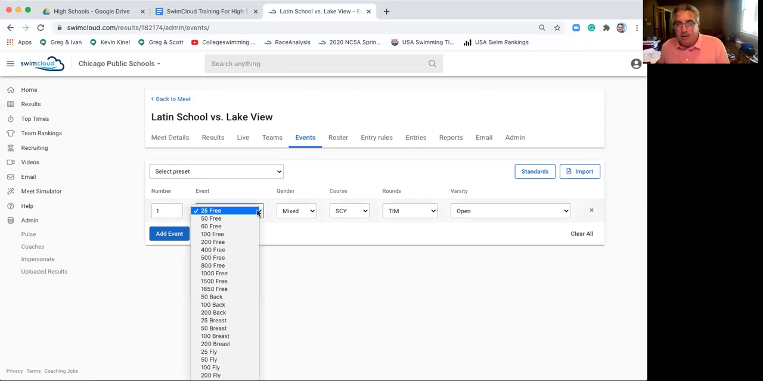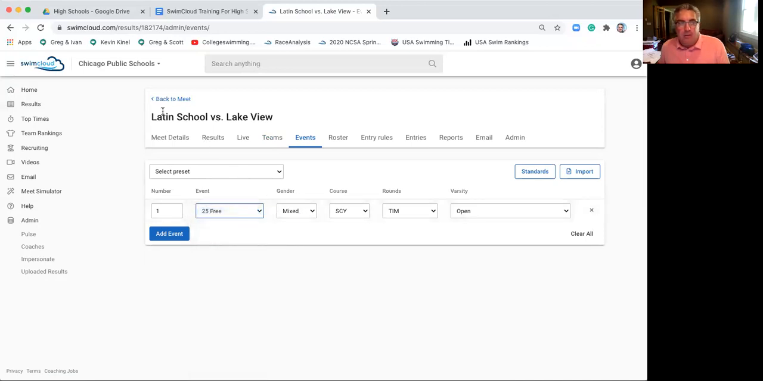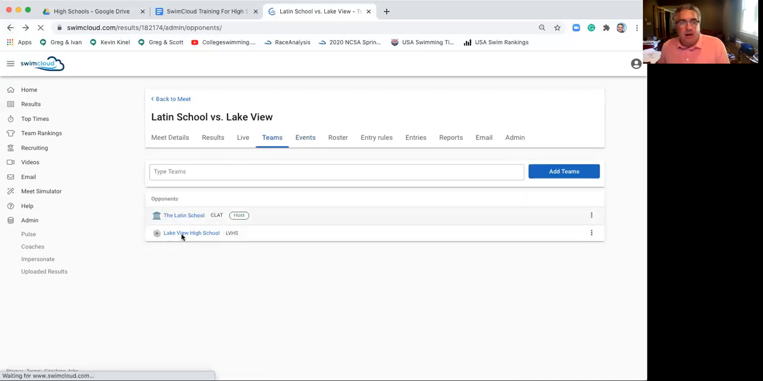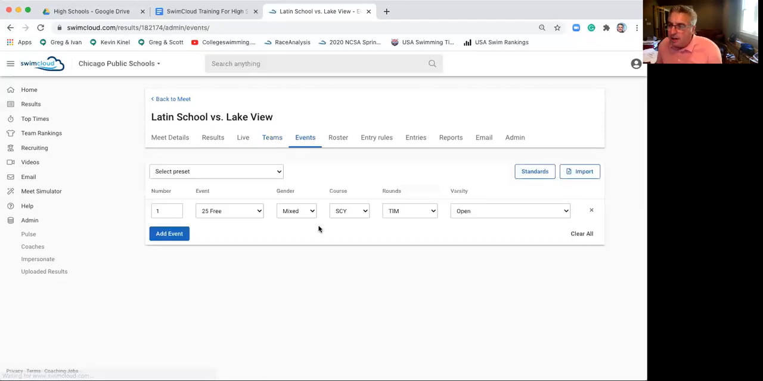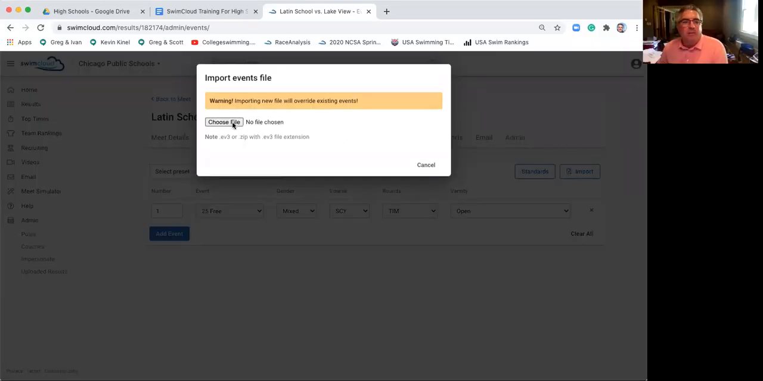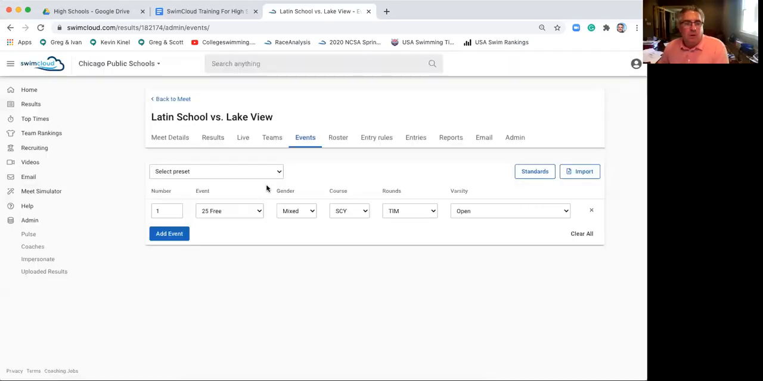What's the event number? And then you just fill all this stuff out. That's kind of hard. Have you ever seen event files? Have the CPS coaches emailed out event files for you to import into Team Manager? Yeah, they've done those before. Yeah. So you can go import. You can import a meet file. Okay. All right. Or you can,